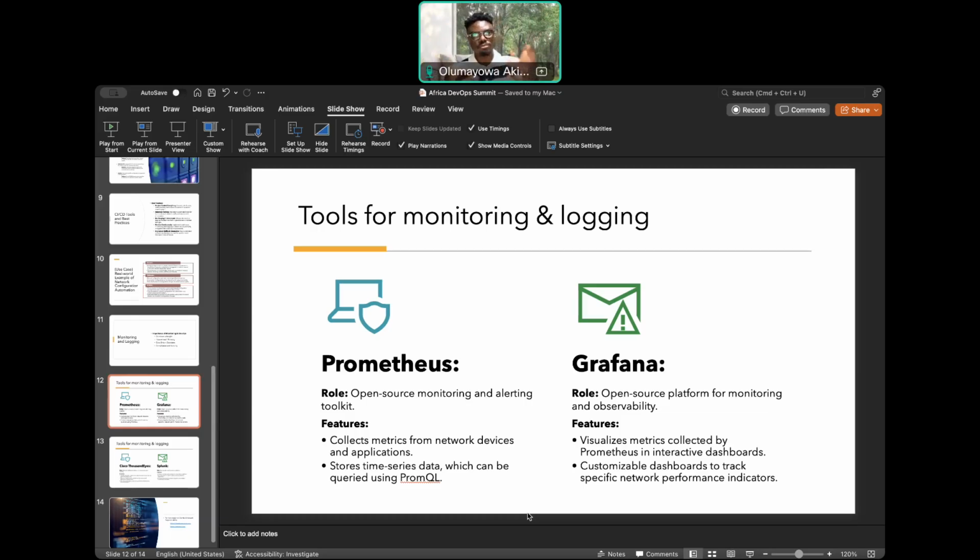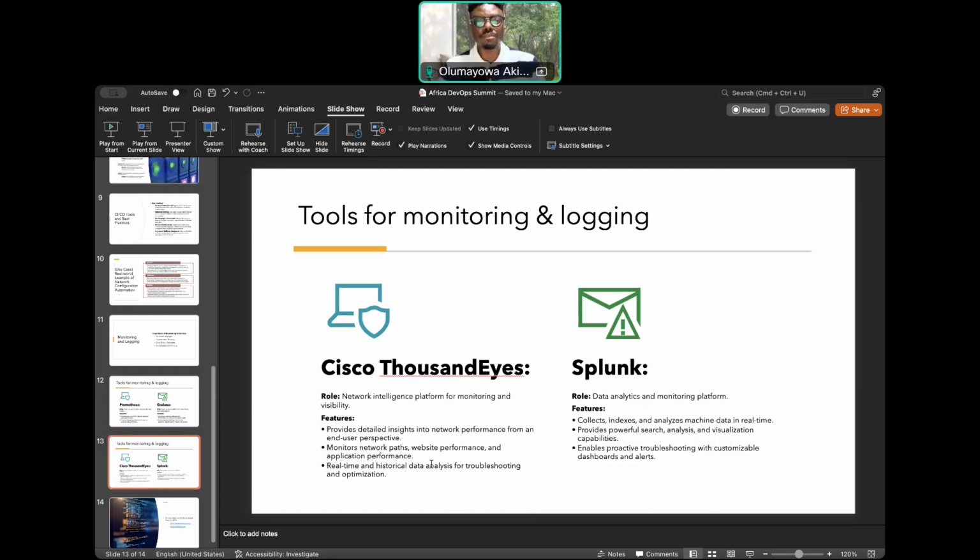I'm sure people doing DevOps are quite familiar with Prometheus and Grafana. Grafana also is open source for monitoring and observability. It visualizes metrics collected by Prometheus in interactive dashboards, and it has customizable dashboards to track specific network performance indicators.